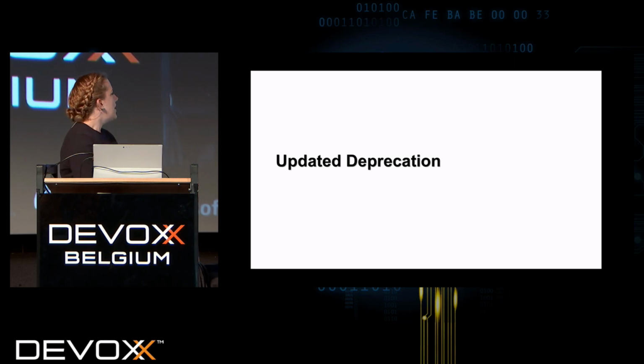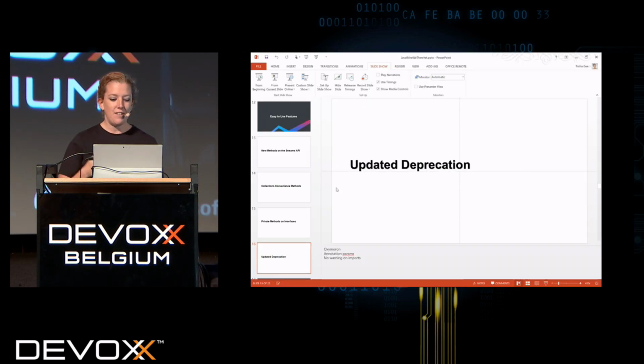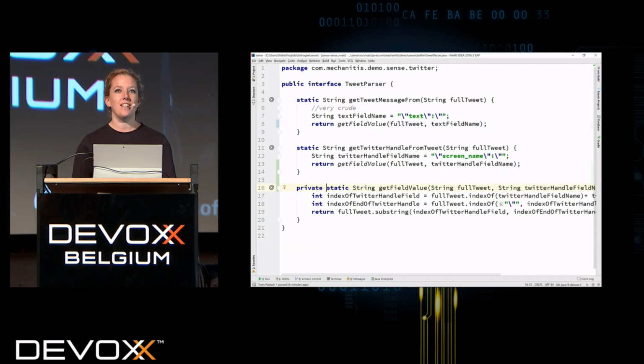Updated deprecation. I think for a lot of people, updating deprecation is not necessarily super exciting. If you've ever worked actually creating an API or a library for anyone, when I was working on the MongoDB Java driver, for example, you start to understand how difficult it is to deal with deprecation. You want to be able to say not just deprecated, but you want to be able to say when it was deprecated and how long it's going to be deprecated for, potentially. So if I look at an example,